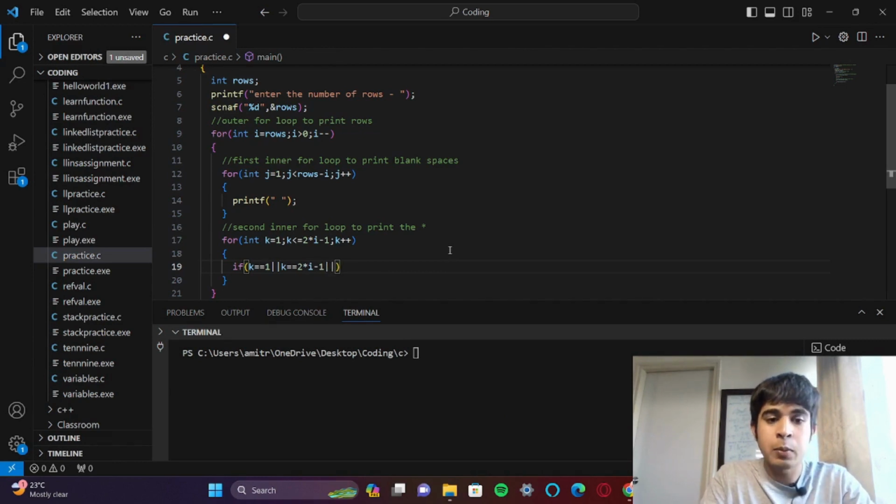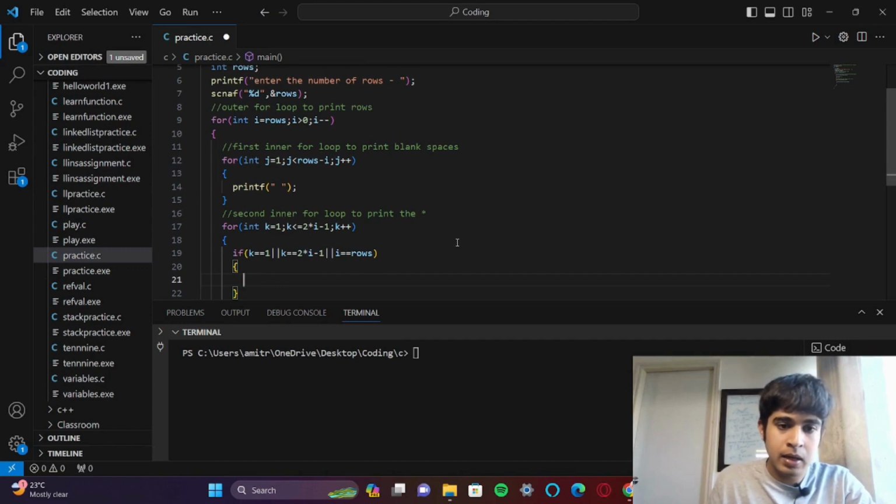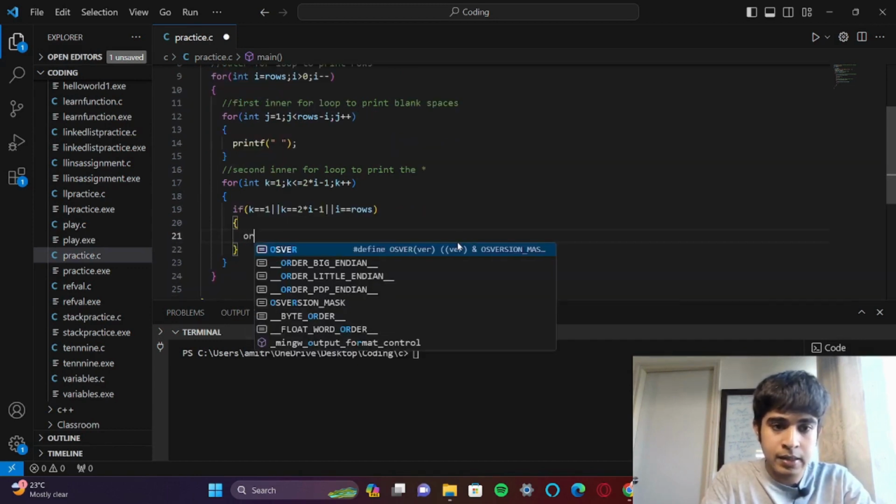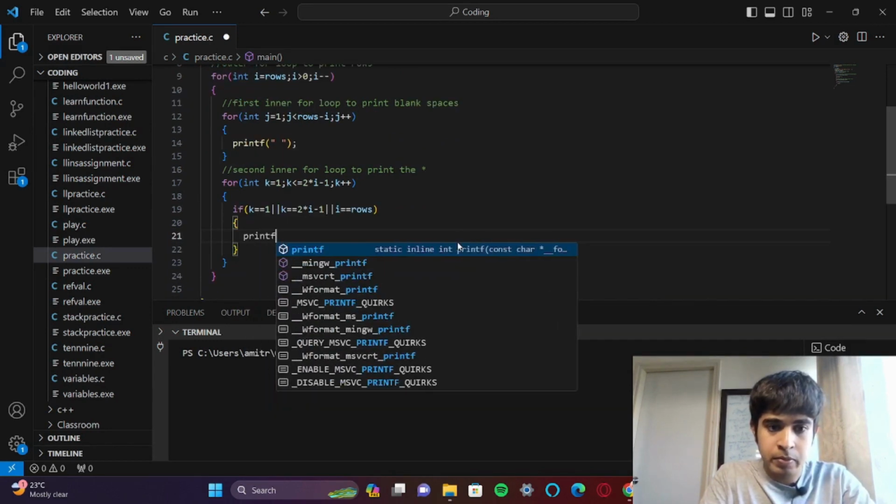Or now this is one more case, for when i is equal to rows, then I will print the asterisk symbol. printf